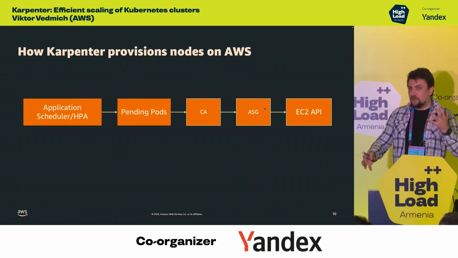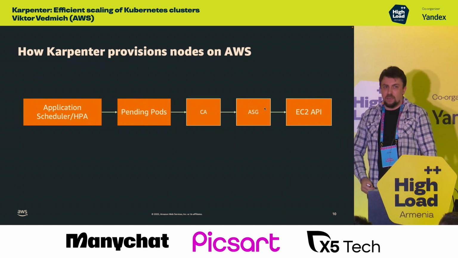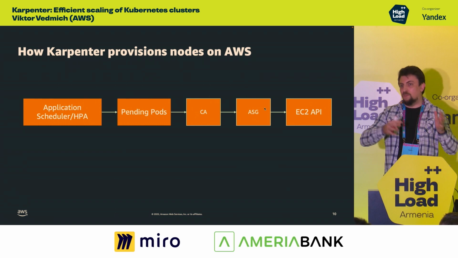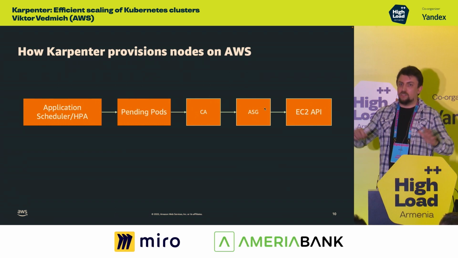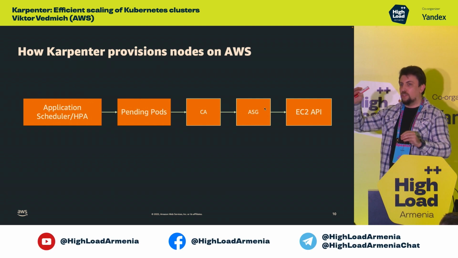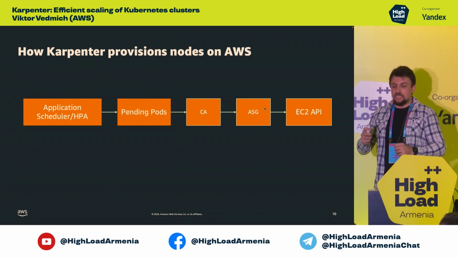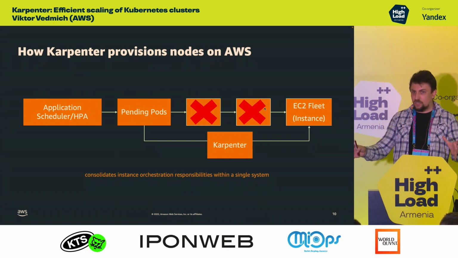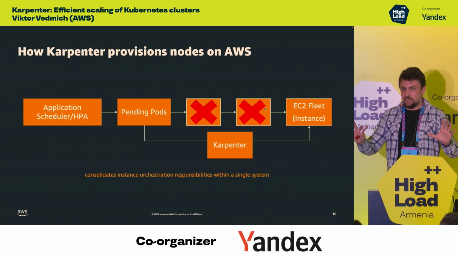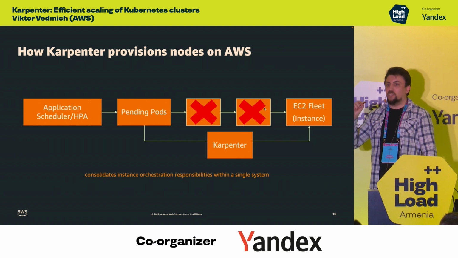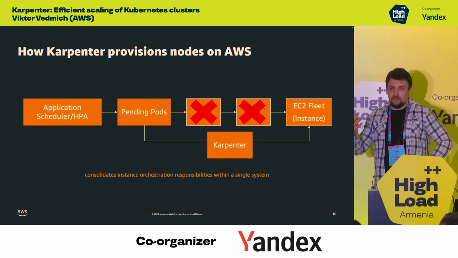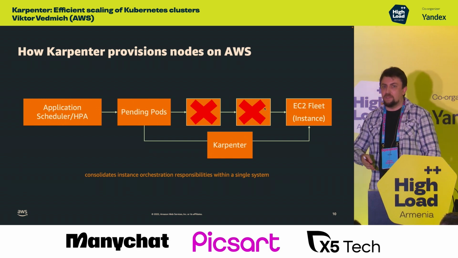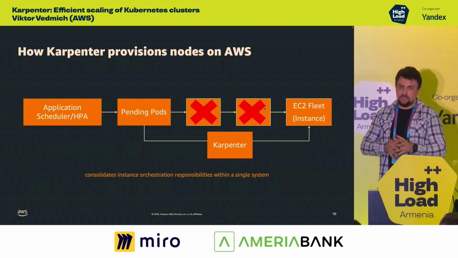If we compare the cluster autoscaler and Karpenter, my best comparison is what happened in Kubernetes 1.24 when we totally decommissioned Docker as an additional layer to communicate with containerd. In this case, Karpenter totally replaces the cluster autoscaler. It's not needed. ASG is not needed. Creating your node group is not needed at all. You directly communicate with the EC2 API, and there is the biggest benefit, because when we can communicate directly with